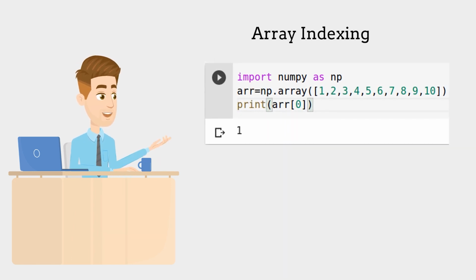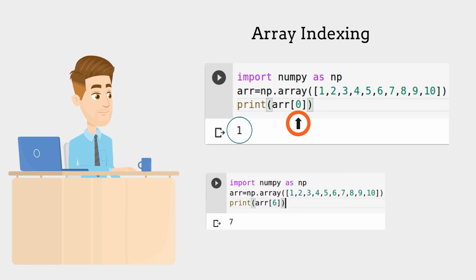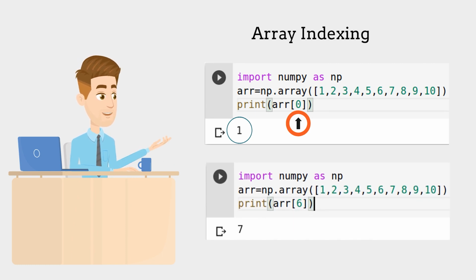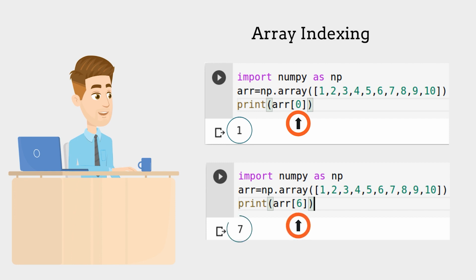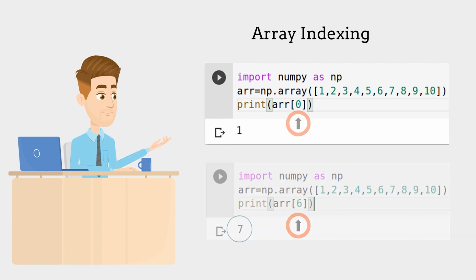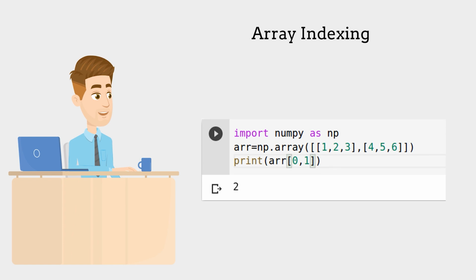Like, this array is created from values 1 to 10. Now we want to access the first element, so we have to pass the 0 index in the brackets of the array. And if we want to access the element with value 7, we pass 6 in brackets. Similarly, in two-dimensional arrays, we access the element by passing the row number and column number, and we get the element